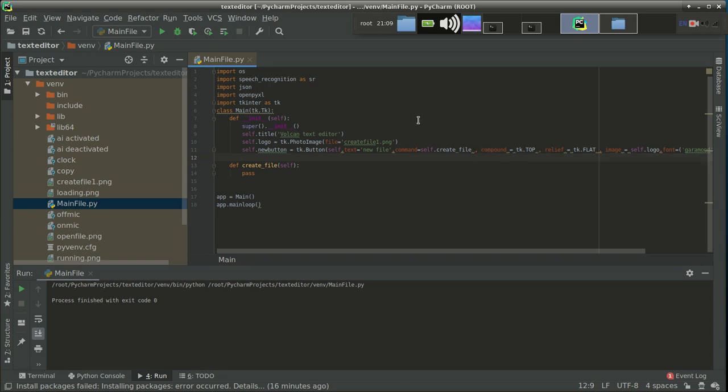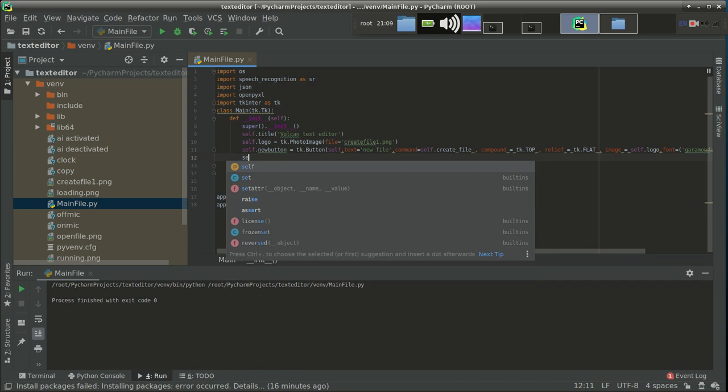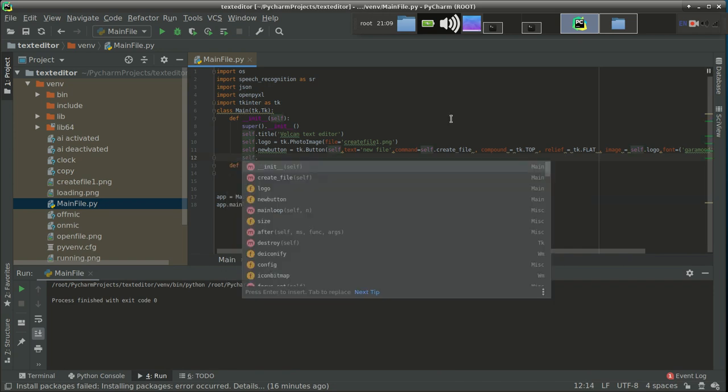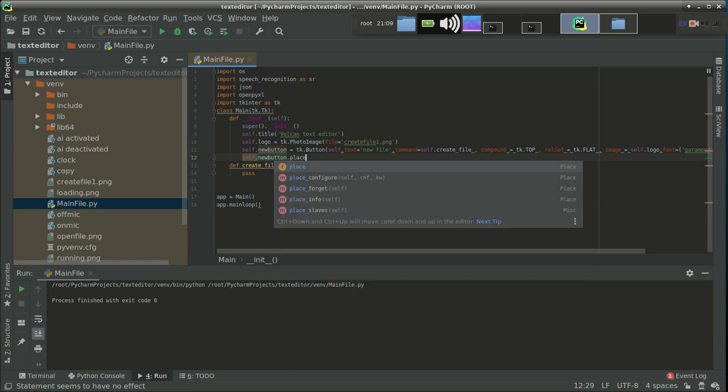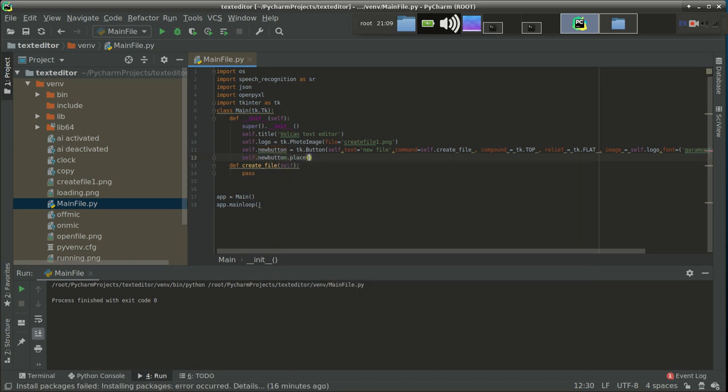For using place, you just have to write self.name of button, new button.place, and it should appear when the x coordinate is 0 and the y coordinate is 30.